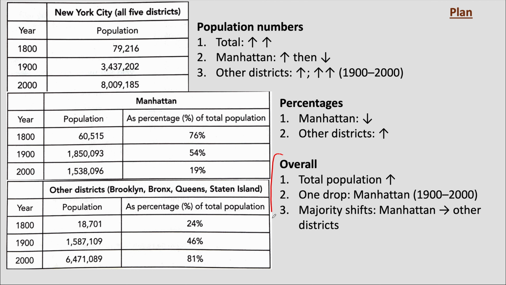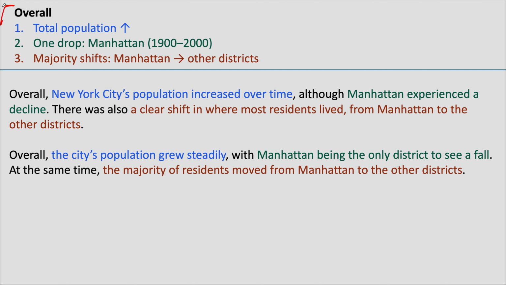This is the overview that we figured out during the planning of the answer. The overview is a summary of the main trends. We don't mention details here and we usually avoid numbers. In this question, there are 3 key ideas we need to know. The total population increased, there was one drop in Manhattan, and the majority shifted from Manhattan to the other districts. Here are the 3 main points we need to cover in the overview,